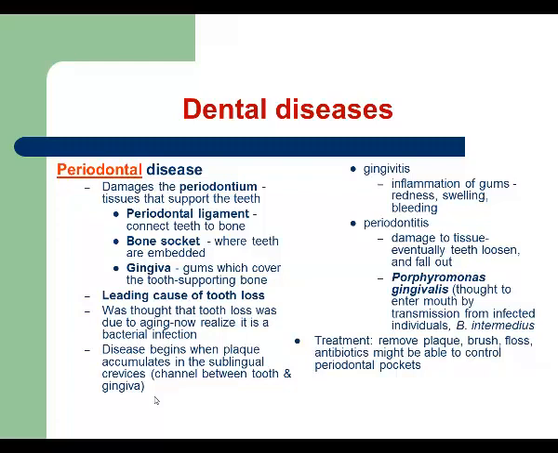The first stage of periodontitis is what we call gingivitis. It's inflammation of the gums. On this slide, there are the main symptoms of gingivitis, which are redness, swelling, and bleeding. But keep in mind, those are symptoms of advanced gingivitis. If you brush your teeth and see some blood in the water, that means you already have first signs of gingivitis. If gingivitis is not treated, the infection or inflammation goes deeper and affects periodontal ligaments and bone socket,